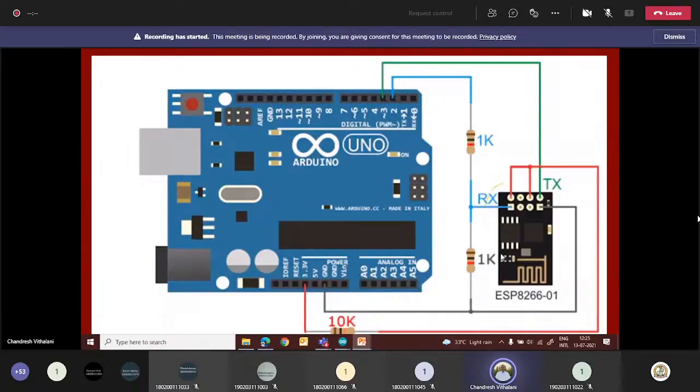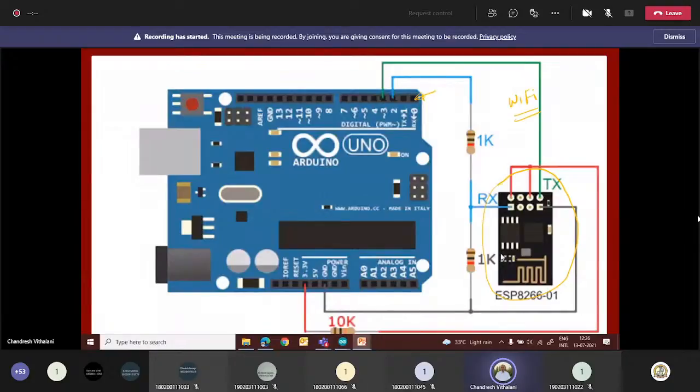It's a very small module which you can interface with the Arduino board to give Wi-Fi connectivity, because we want to use this Arduino board for IoT applications. Then you have to connect this. It has different pins, and a connector is available here. The TX you have to connect to any one pin of the Arduino if you are using a virtual serial port. Otherwise, this TX you have to connect to an RX pin. I was actually using a virtual serial port, so I connected it to pins 2 and 3.